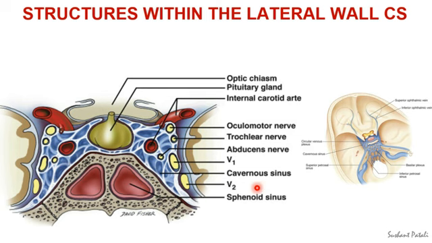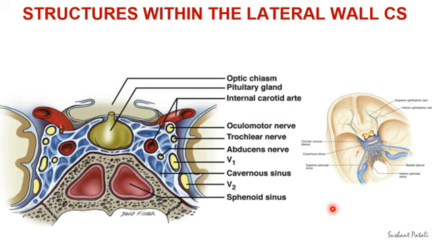The trochlear nerve enters just like that of the oculomotor nerve, that is by piercing the roof of the sinus, and the nerve leaves the sinus through the superior orbital fissure, and remember, this is outside the tendinous ring. The ophthalmic nerve enters the cavernous sinus by piercing the cavum trigeminale and also the lateral wall of the cavernous sinus, and the ophthalmic nerve leaves the cavernous sinus through the superior orbital fissure, and as it passes through the superior orbital fissure, it divides into its branches, the lacrimal, frontal and nasociliary branches.